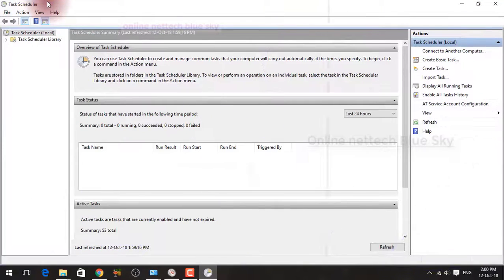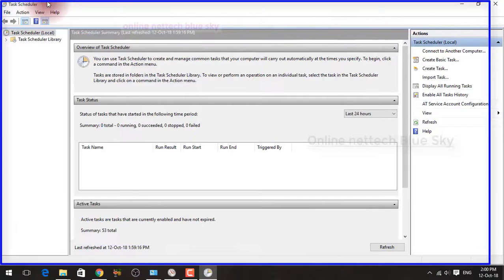You can manage your tasks, stop your tasks, remove your tasks, and create new ones, so that different software opens automatically with the timing, and you can create your tasks with different options and different work here.